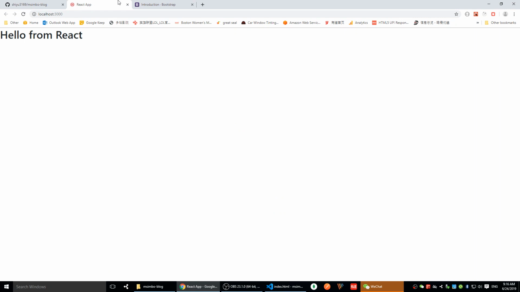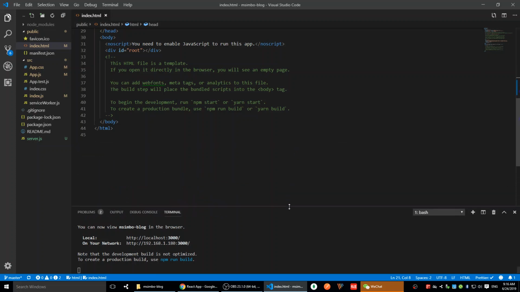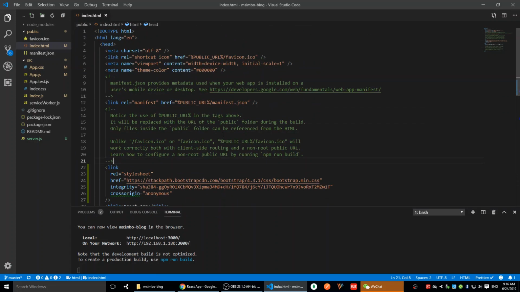Okay, so once we paste it in, we can use the Bootstrap classes to style our pages. And if you need icons, you also need to copy the Font Awesome. That is Bootstrap. So remember, the structure for the whole project is